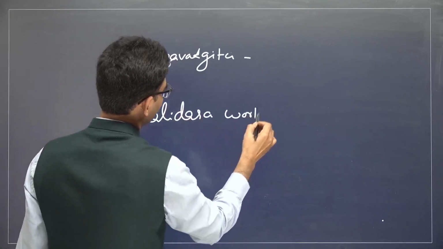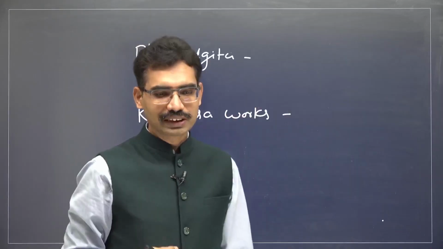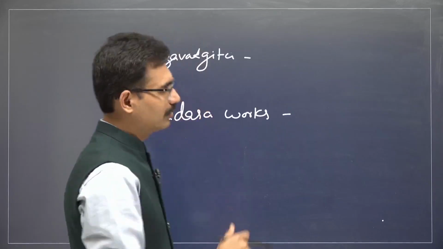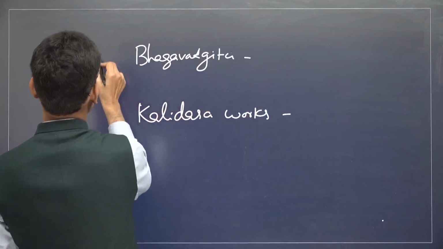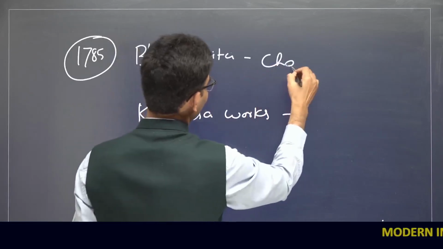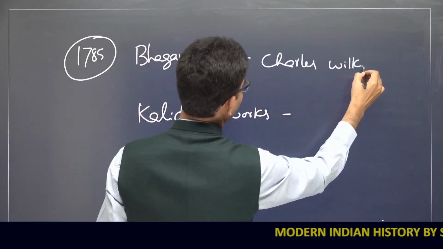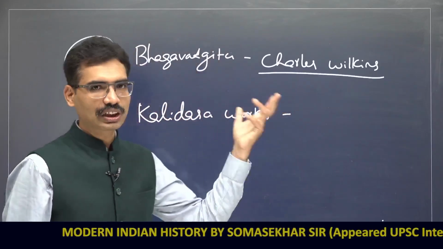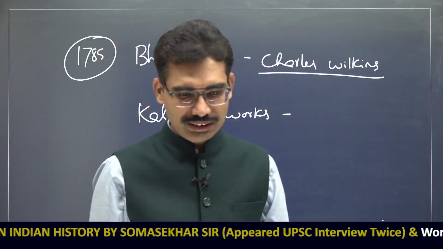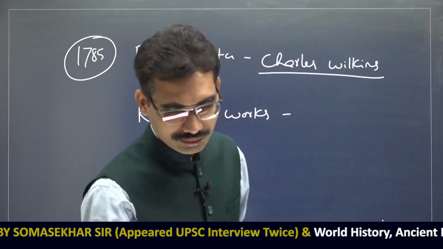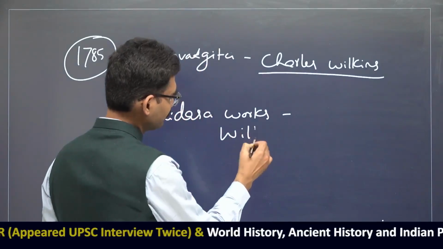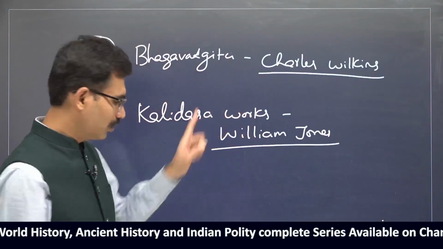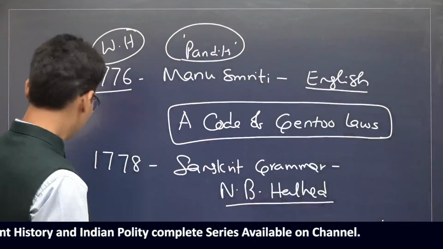Kalidasa works were also translated into English. Now, who is the person for Bhagavad Gita? His name is Wilkins. In 1785, Charles Wilkins translated Bhagavad Gita into English, and Abhijnana Shakuntalam was translated into English by William Jones only. Now, do you see how people are coming? Here, from a prelims point of view,